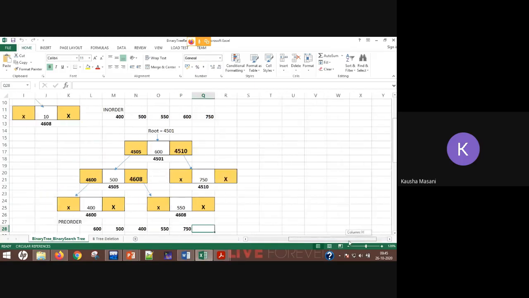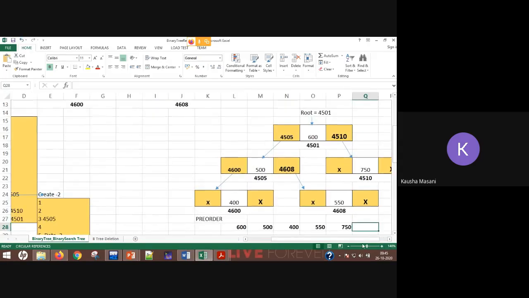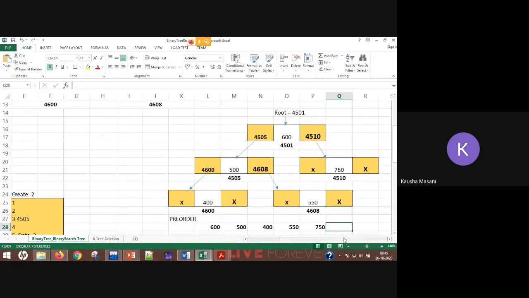This tree was our yesterday's example. Now suppose I want to delete a node with no children, suppose this one, or this one on this side. If I delete this, I can do it easily, because even without its presence my tree is still a binary search tree.